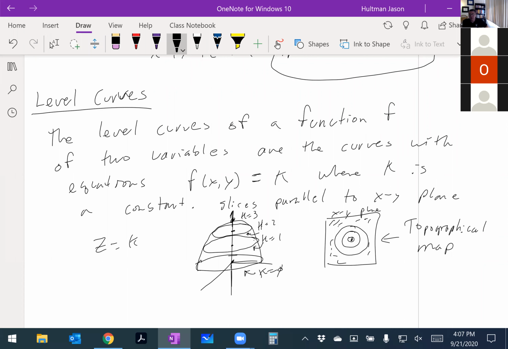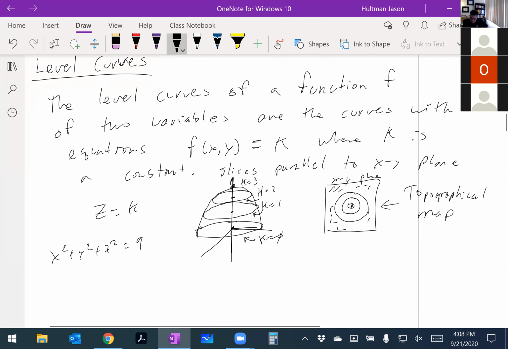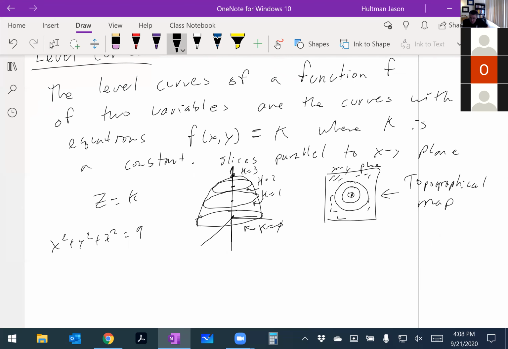Well, then I just get a point. If this was the thing that I was working with before, if I had x squared plus y squared plus z squared equals 9, then when k is equal to 3, if z is equal to k here, if we were to solve this for z, but we let z be a constant. If we let that be 3 squared, which is 9, then the whole thing would become x squared plus y squared equals 0, which is a circle of radius 0. Which means that at the very top of this thing, I have a circle, that slice, which